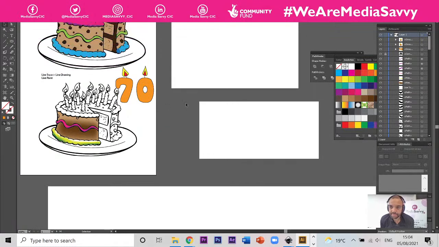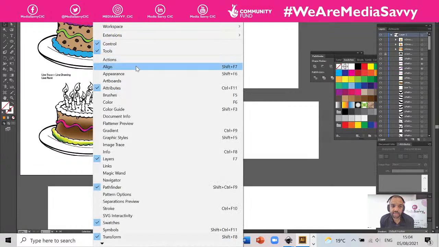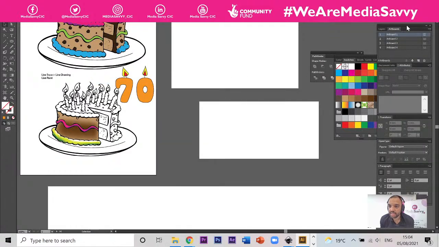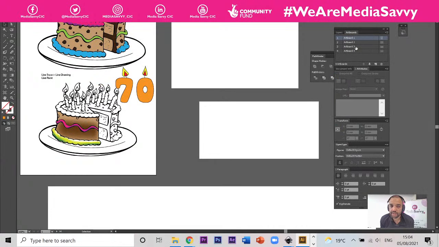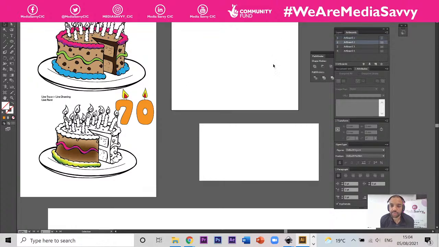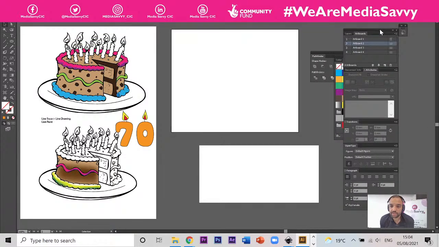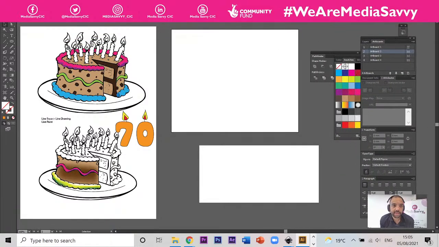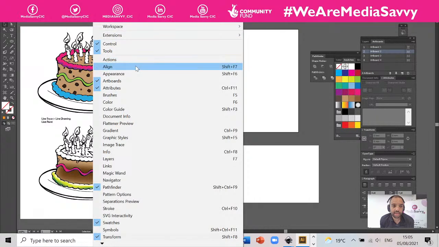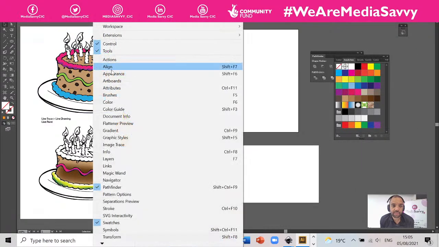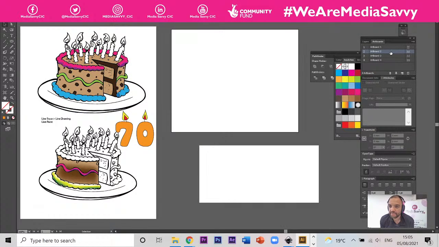And then if you click Windows and you click Artboard here, these are the 4 different artboards we have in this file. We've got this one what the cakes are sitting on, then we have this one here which is artboard 2, this one's artboard 3, and this is artboard 4. Now if we click on artboard 2 and go to the attributes of that artboard by clicking Windows, attributes, sorry, if you double click on that,